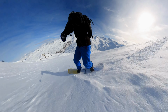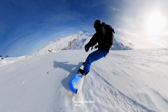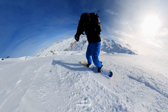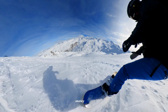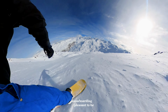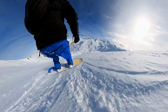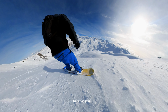Without much risk, besides the fact that the snow and the route itself was not as good. So you can see there's a bit of powder on top of the harder snowy rocks, which are like frozen balls of snow, which are not pleasant to be snowboarding on. But here, especially at the top, it was very nice. Yes, you had to be a bit careful that you keep control of your board